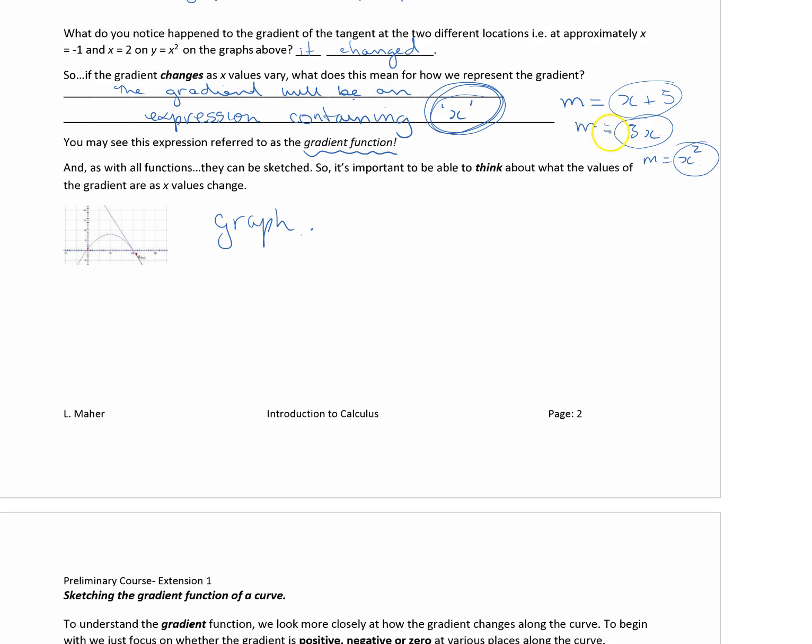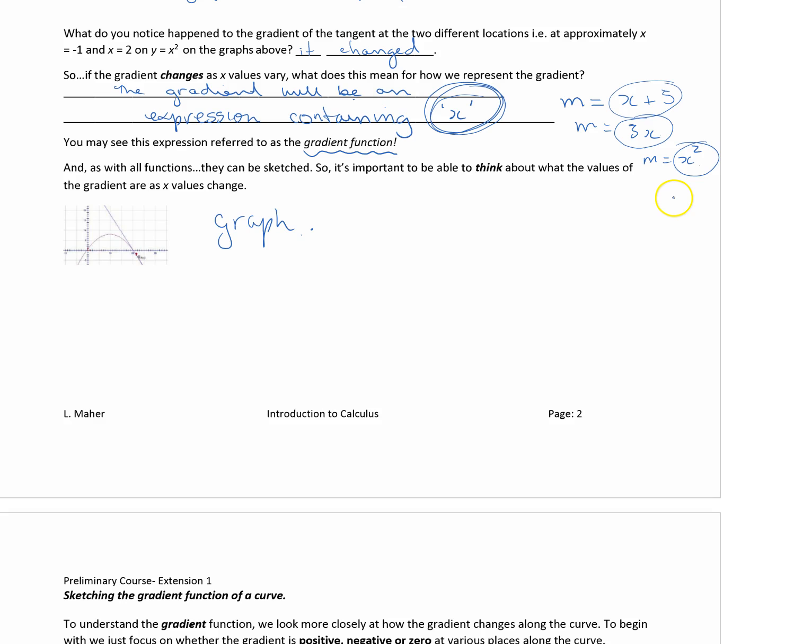Likewise, if we knew that the gradient was 3x, again, it's another nice straight line, passes through the origin, positive gradient again, straight line. If we knew that the gradient function was x squared,